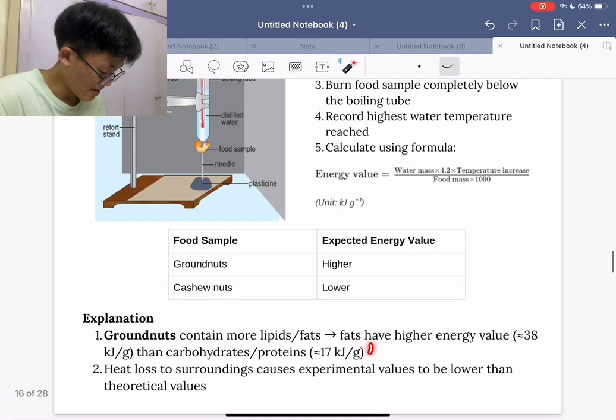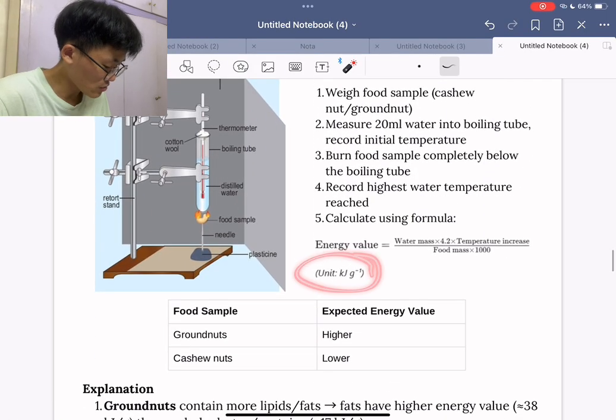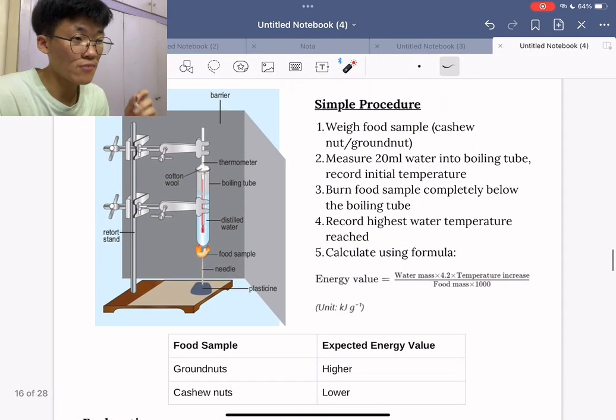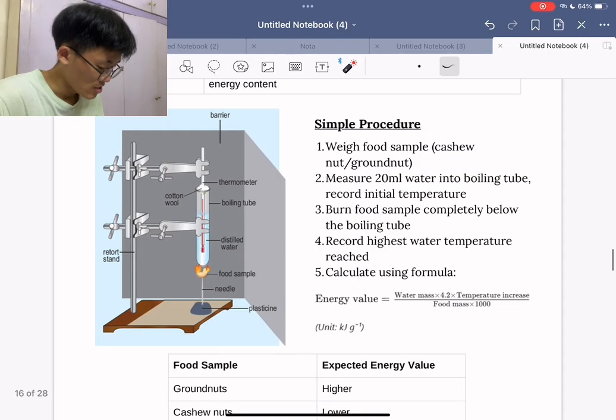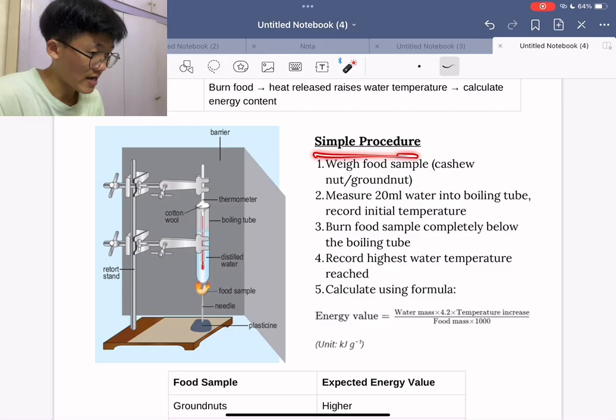And this is measured in what unit? This unit. So this is the energy value. Makes sense, right? You see from the name, energy value is the value of the energy you get. Yes, simple. So this is a simple procedure. I remember doing it as my SPM Amali. Yes, this is the experiment that came out during my SPM